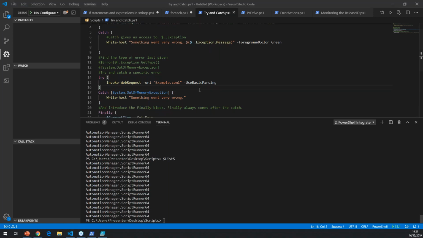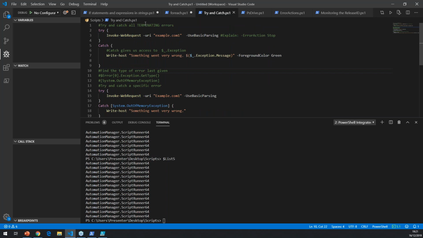Okay, so let's move on. So now we're going to do something called try and catch blocks. Try and catch means we're going to try to execute a specific task, and if it does not work, catch the error and write something else instead of just a bland error code. We've all seen it when you make mistakes in PowerShell,